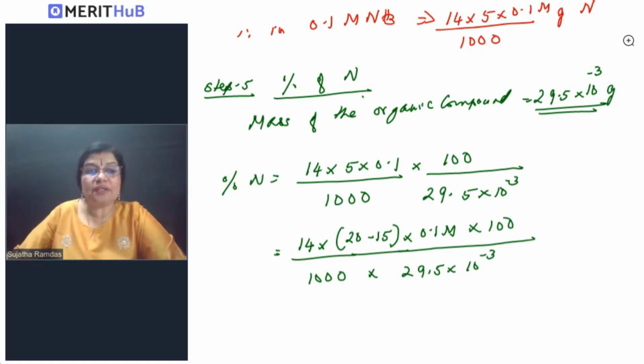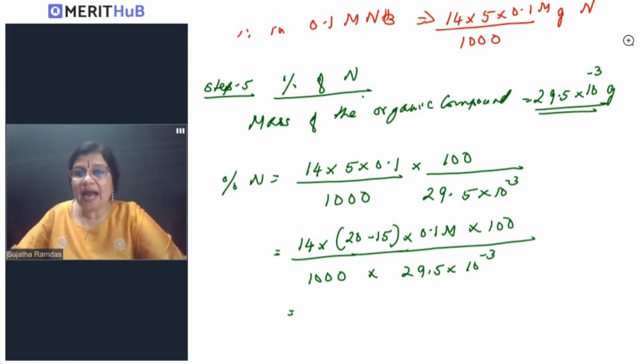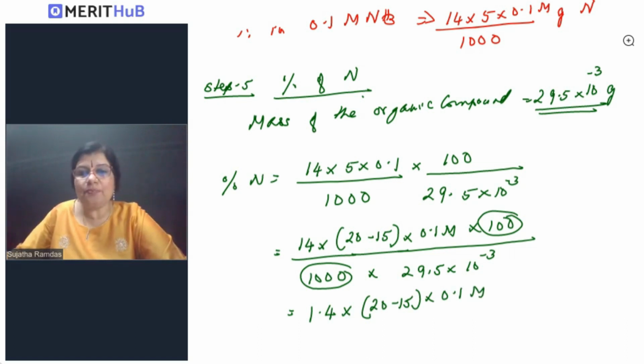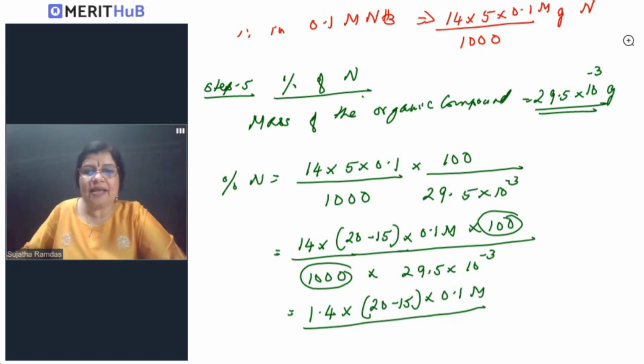Now the final calculation: 100 divided by 1000 is 0.1, or 1 by 10. 14 by 10 would be 1.4 into V2 minus V1, 20 minus 15, into 0.1 molar divided by the mass